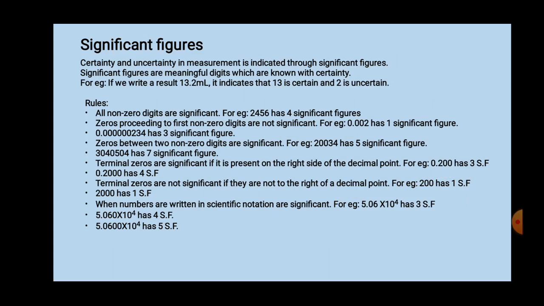Okay, now in this measurement 13 is certain and 2 is uncertain. Now what is the meaning of this? Now I measured as 13.2 milliliter. I may ask one more person to measure the same amount of water. Okay, he or she may measure as 13.1 milliliter. Okay, now here 13 is certain, but